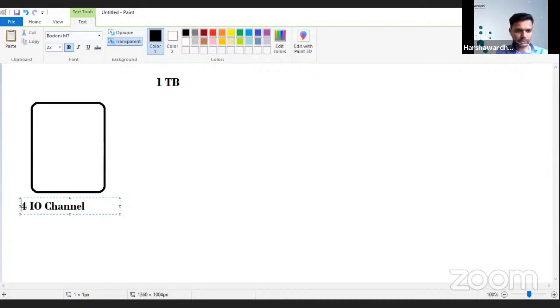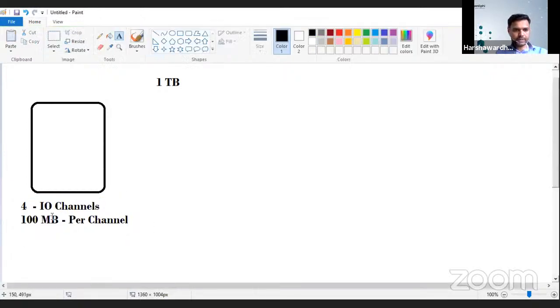There are 4 IO channels, and every IO channel is capable of processing 100 megabytes of data. Simple example. So there are 4 IO channels with this system.